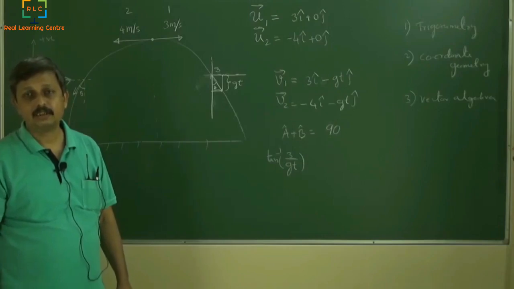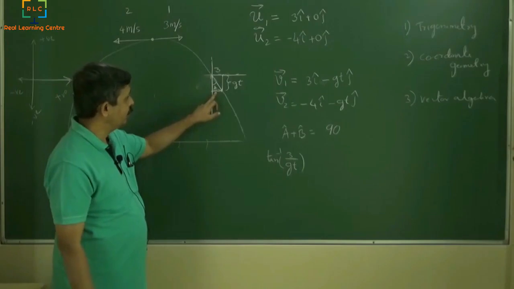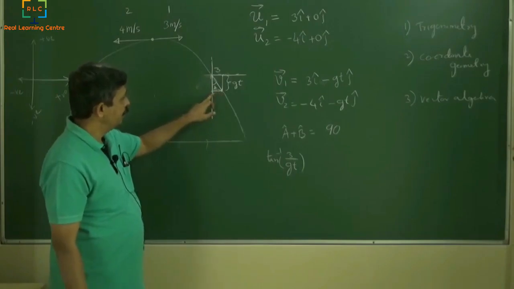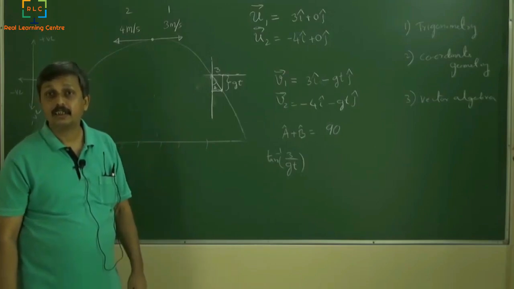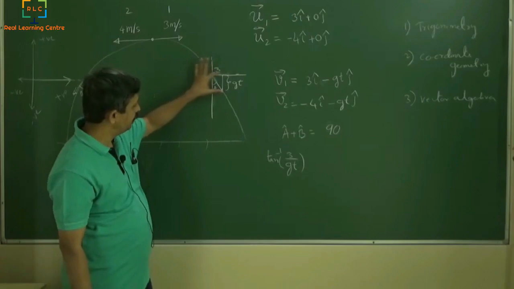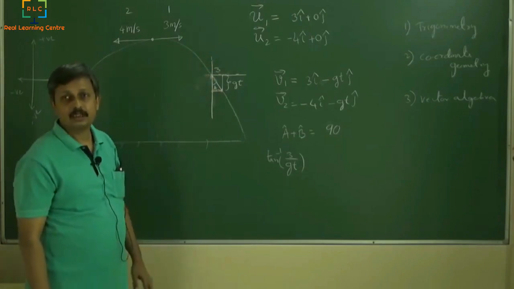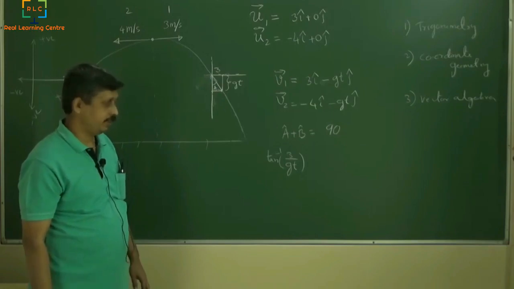Any doubt on this? So tan of angle A is equal to 3 divided by gt. Do you agree? This is 3, hence this is also 3. This is gt, hence this is also gt. So that is basically 3 divided by gt. Now,